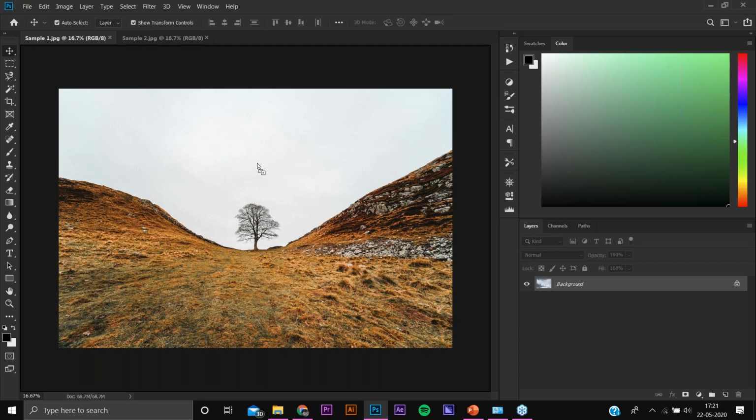Meanwhile, Vedant, you can tell the audience which version they can use as a beginner of Photoshop, according to different system specifications, like this particular RAM, this particular graphics card. So the basic ones.